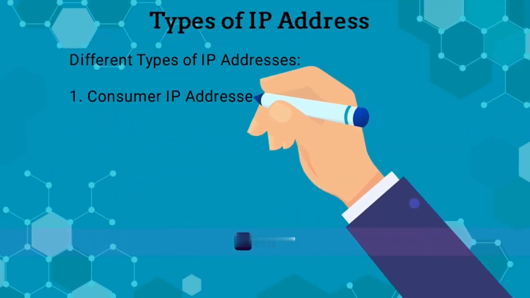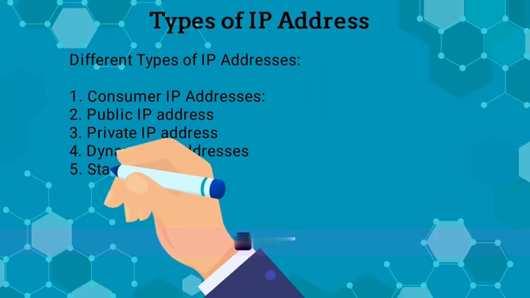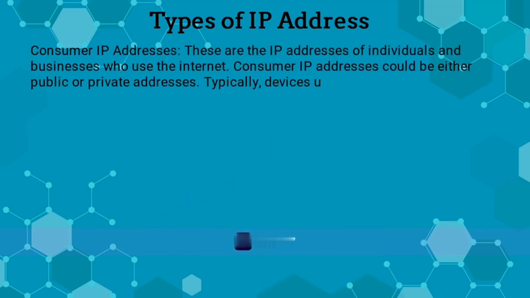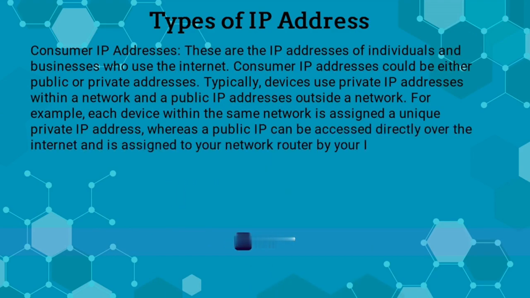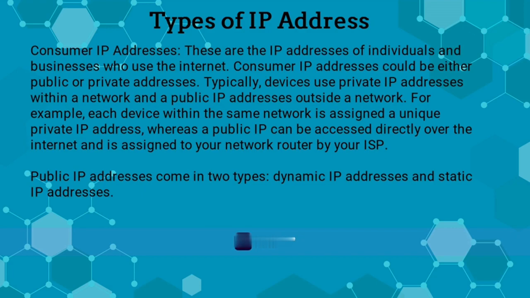Different types of IP addresses. Consumer IP addresses. These are the IP addresses of individuals and businesses who use the internet. Consumer IP addresses could be either public or private addresses. Typically, devices use private IP addresses within a network and public IP addresses outside a network. For example, each device within the same network is assigned a unique private IP address,